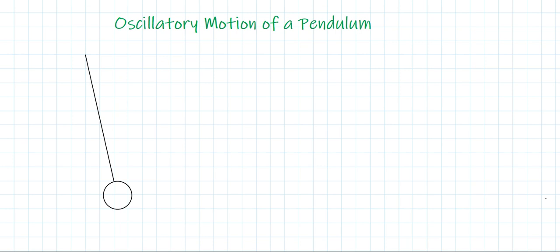Welcome to this video on oscillatory motion of a pendulum. In this video we're going to be taking a look at the pendulum in a little bit more detail so that we can set up an approximation for when we have a non-simple pendulum, or what we call a physical pendulum. So first of all, here I have a pendulum that's at some angle theta away from its equilibrium position